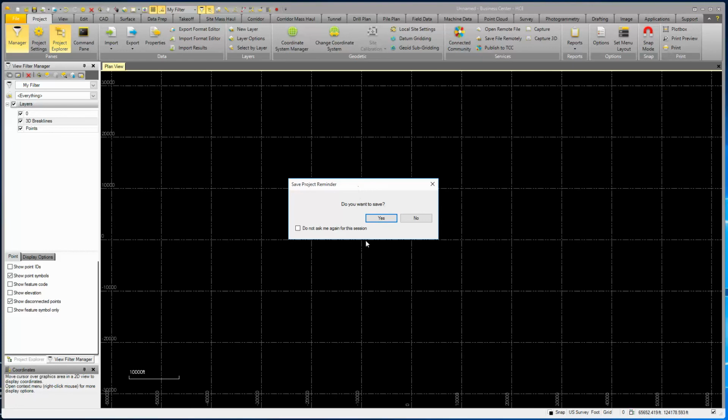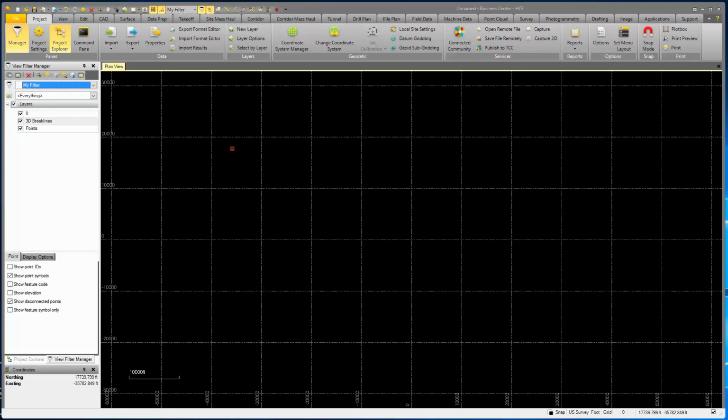We're actually into our 15-minute set reminder. So I don't want to save this, but it would ask us. I want to say no. So we have created a layer. We set some project settings. We can actually do several items in here, but let's go ahead and save this and use it as a